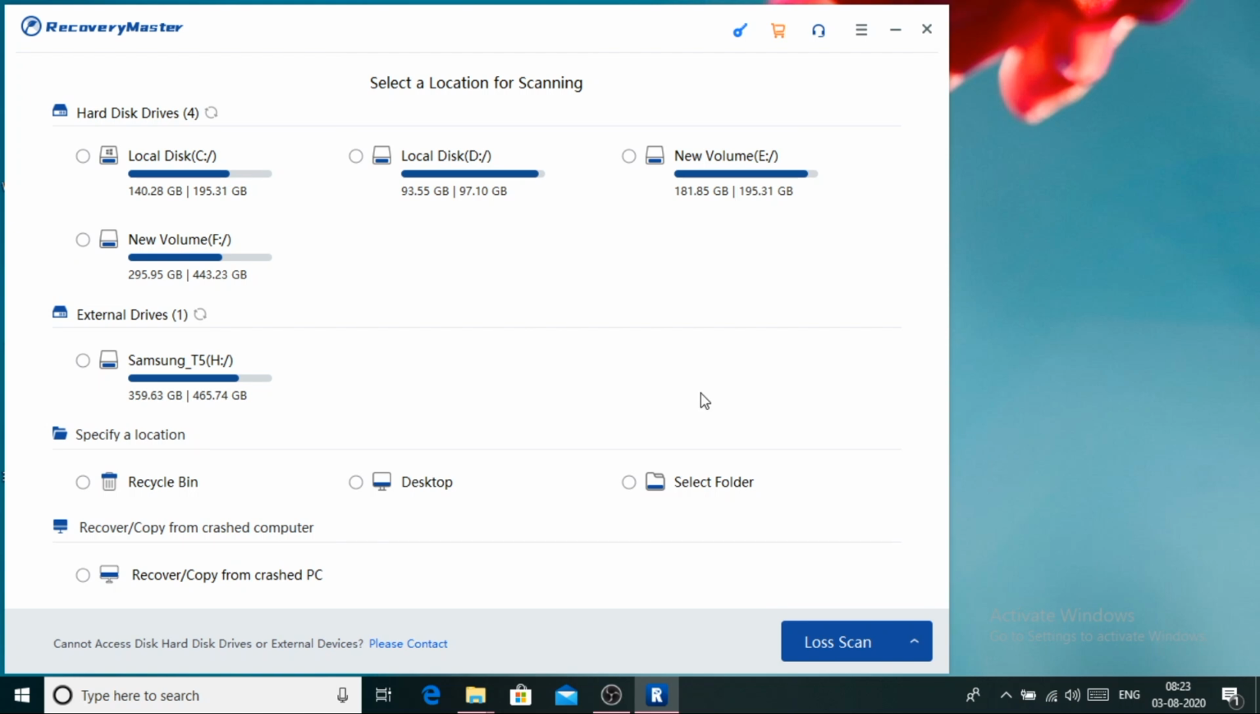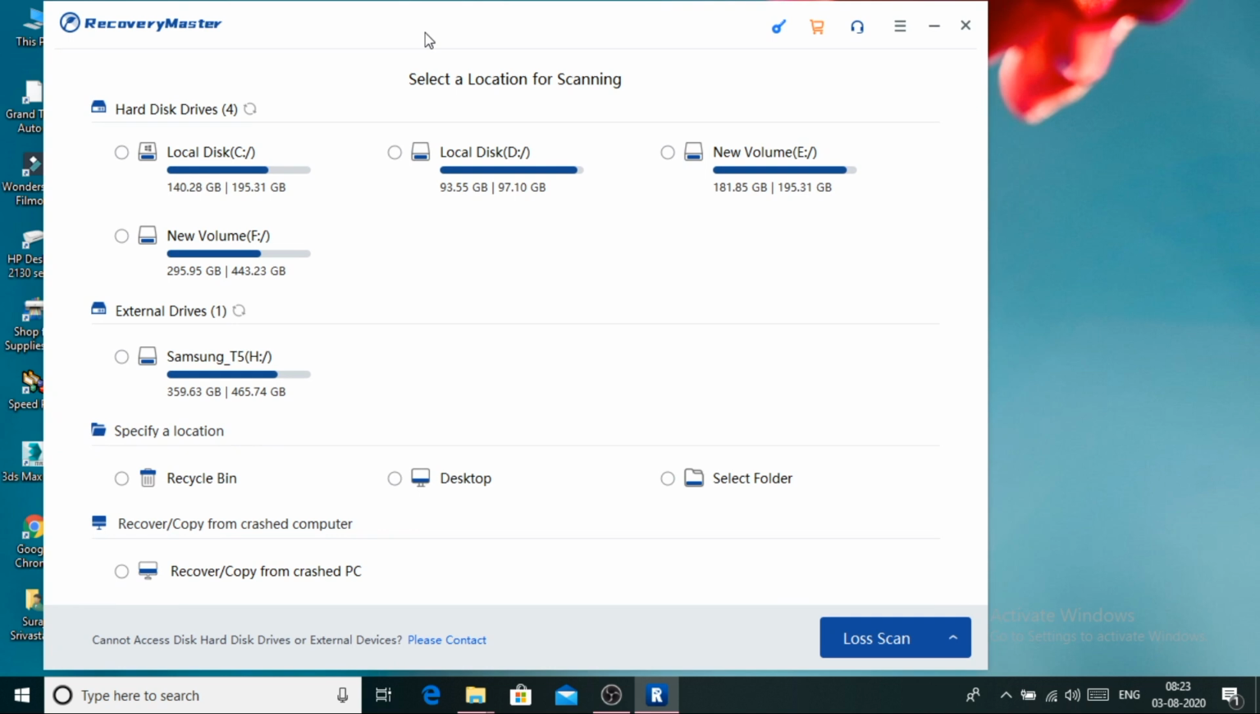So here you can see, guys, this is the home screen of the Recovery Master software, and it's showing all the possible storage devices connected to your PC. Here you can see the internal hard disk of my PC, which has 4 partitions named local disk C, D, E and F, and here you can see the external drive,